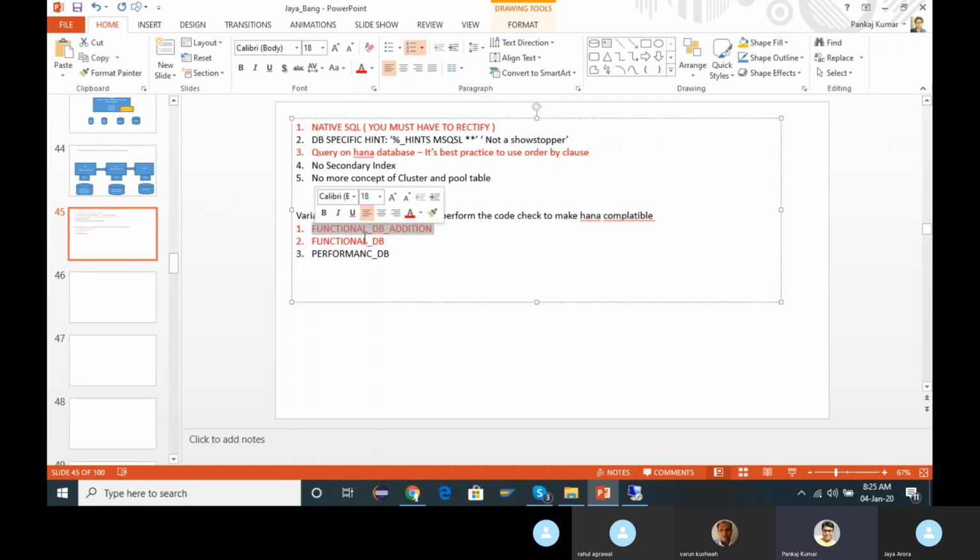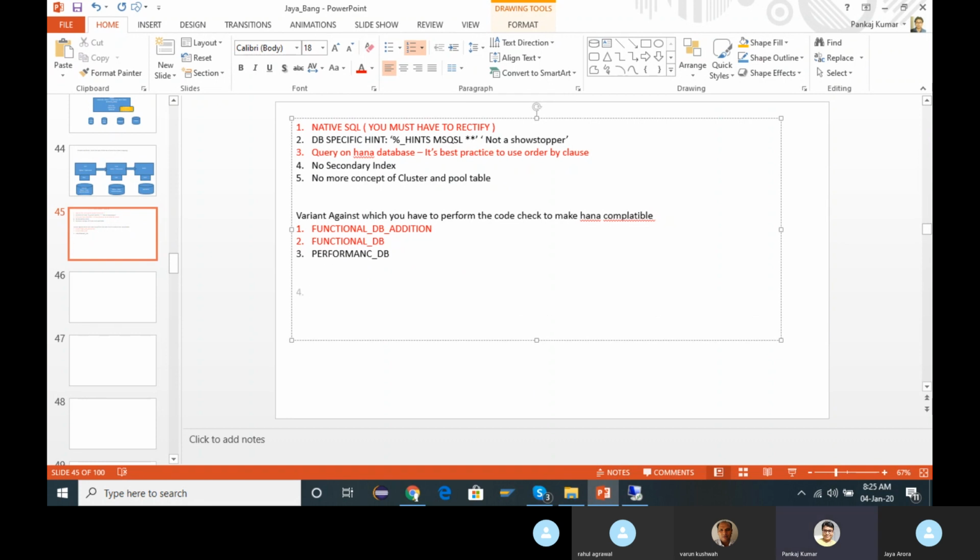So that was the first one, and this is the second one. Now go directly for the functional DB. If we are going into a migration project, just use this one and check what the important points are where you have to correct the code. Just save it.